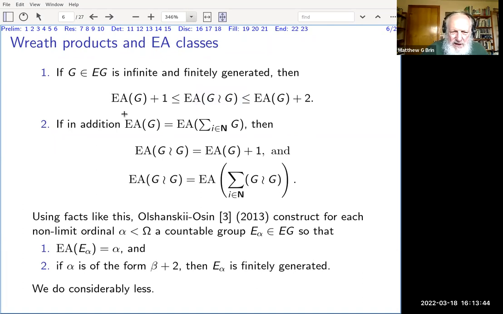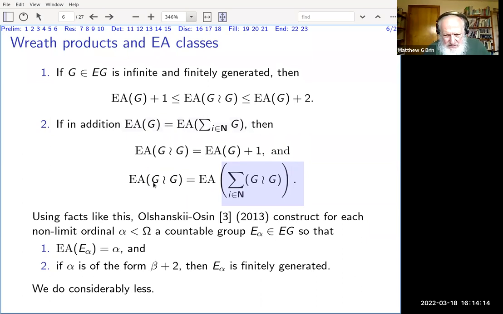In the special case where the infinite direct sum of copies of that group does not raise the EA class, then the wreath product raises the EA class by exactly 1. And the new group that you have has exactly the same property. The infinite direct sum of copies of that does not raise the EA class of the group itself. So anyway,